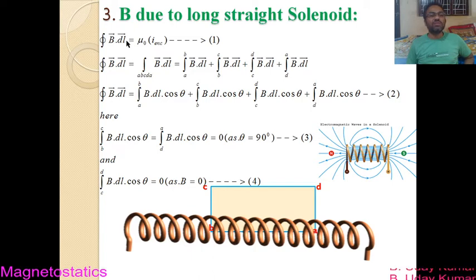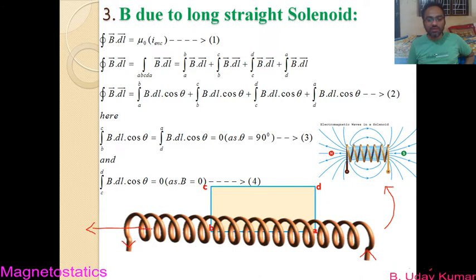So to apply Ampere's law, first of all you need to construct a closed loop. That is our aim now. Let us assume that this is our solenoid, and the current is flowing through this solenoid in this way. The current is entering at this end and coming out of the solenoid from this end, as we have seen in this case. Let us take the same case here. Since the current is flowing through this solenoid, the magnetic field will be directed in this way.